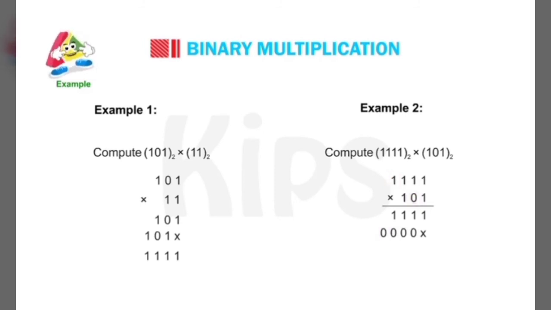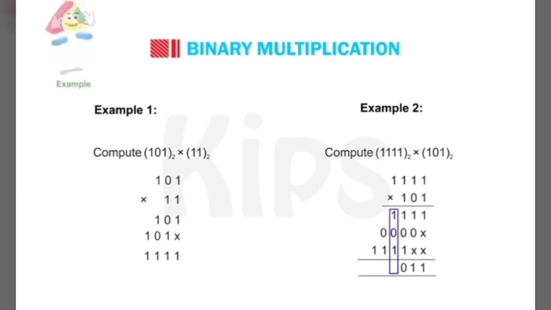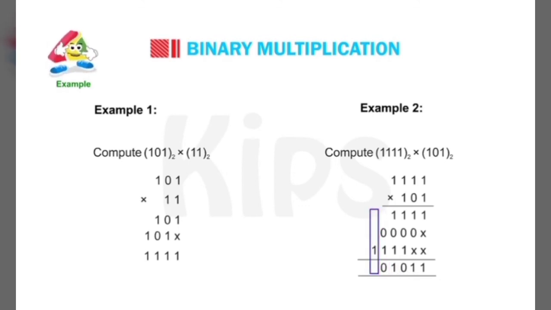So you will get the 3 lines. You have to add the digits in these 3 lines correspondingly. So you will get the answer. So 1, 1, 10, carry will be forwarded. 10 plus 1, 1, 1. 1 carry will be forwarded. Then 10, then 1, then 10. So here is the answer.